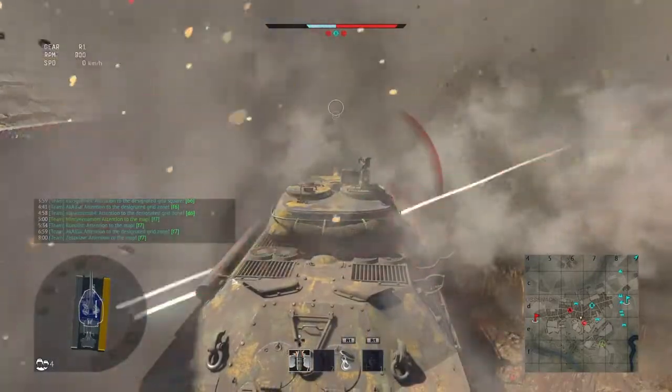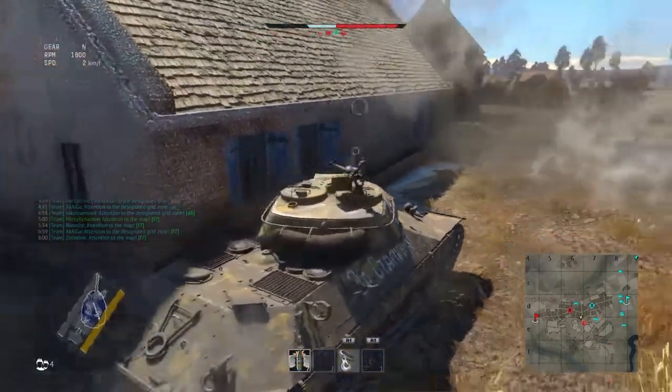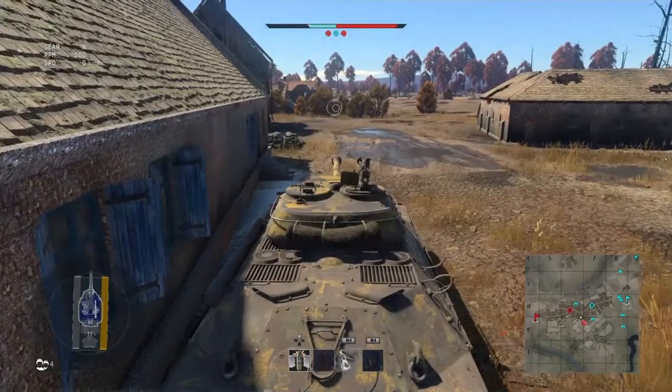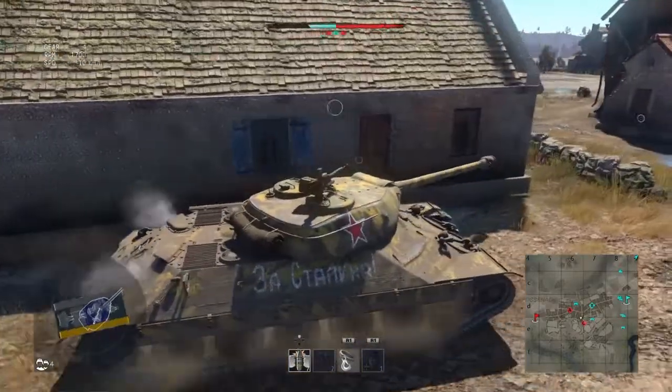We bounce a shot from I don't know what. I've got a funny feeling it was a Leopard. I'll kill a Leopard here in a few seconds, but I'm not quite sure, because if it was armor piercing discarding sabot shot, it probably should have actually killed us. So we're hiding, basically hiding from the mouse at the moment. He's trying to reposition,